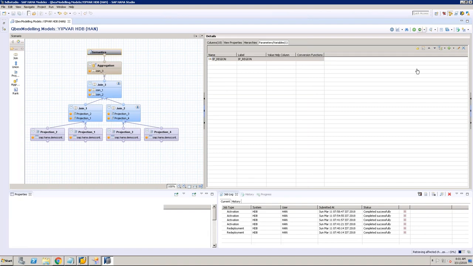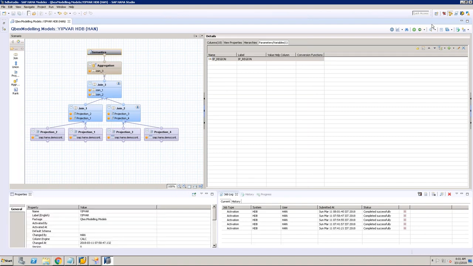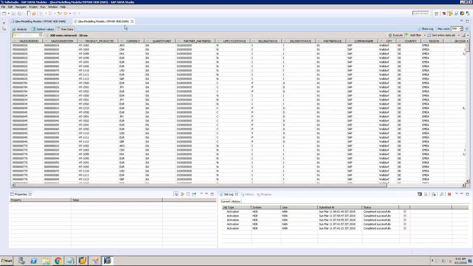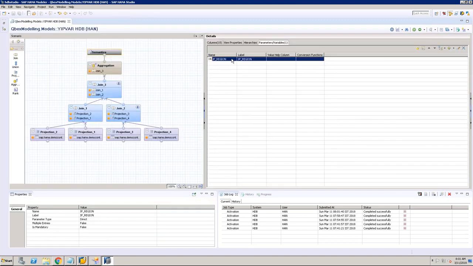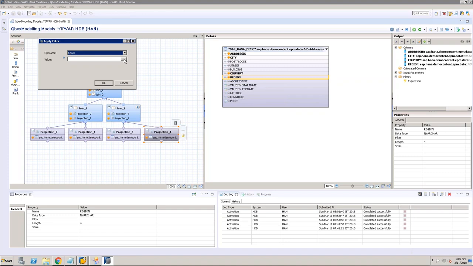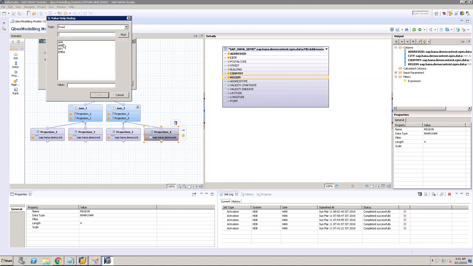Don't worry about whether it's been applied or not. If I try to see it displayed, it is not prompting for the parameter at all. Why? You have created this input parameter, but you have not applied it. So what I do, I go to this, select the region, apply filter on region equal to, instead of fixing